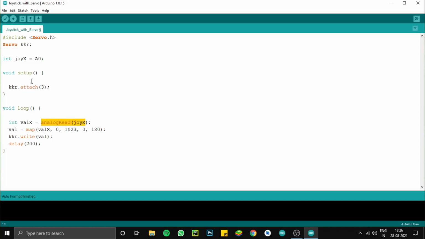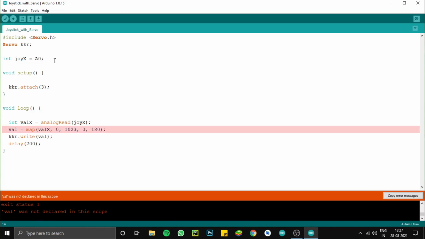In valX we are getting the analog read of joyX, and in val we are passing the map function to assign the low to high values of both the joystick and the servo motor, which is 0 to 1023 and 0 to 180 degrees, and we are giving the servo motor a command to write it. At last we are giving a time delay.